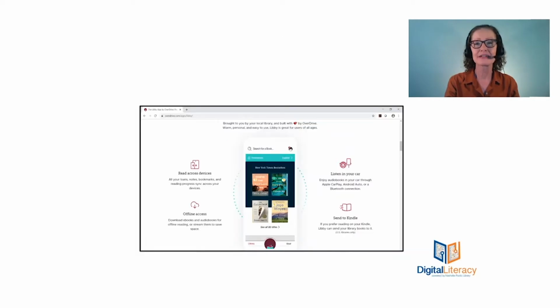Libby has a lot of really cool features. You can download it on all your devices and have access to the same wonderful collection of books as well as all the books that you have checked out using Libby. If you bookmark your page, it'll even save your page across your devices. You can download items with Libby. That means taking them off the internet and putting them on your device so that you no longer need the internet to enjoy them. You can also listen to audiobooks in your car using Libby, and you can use Libby